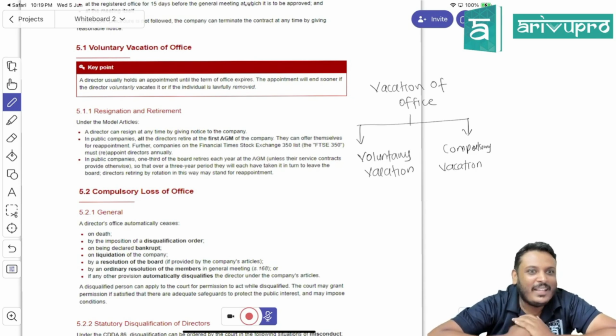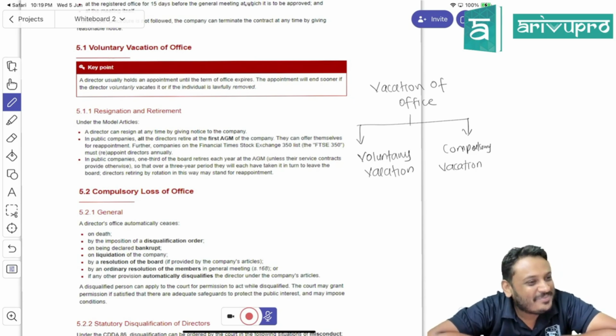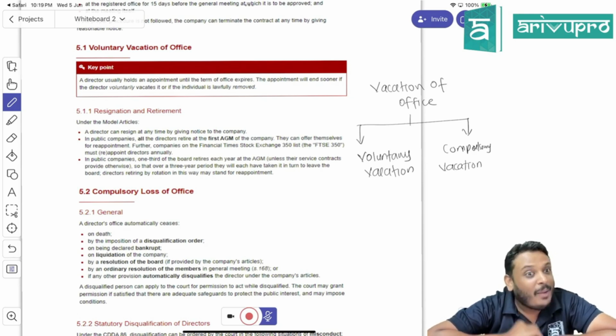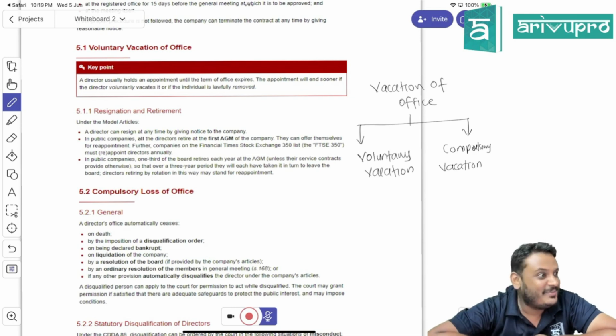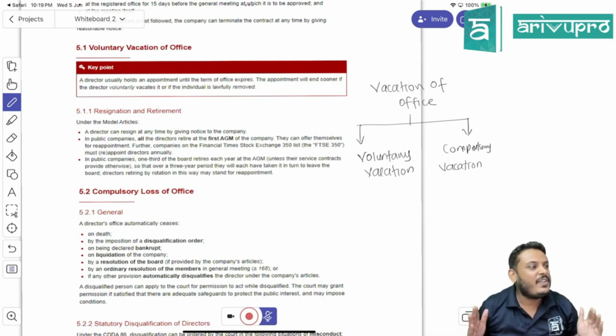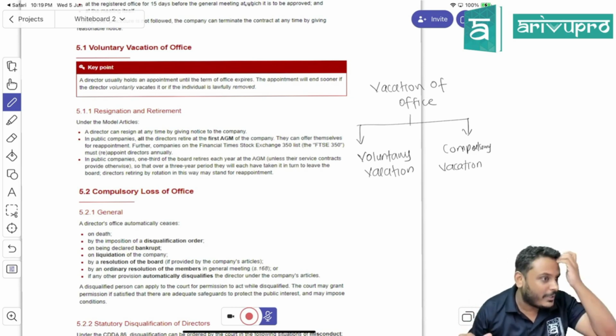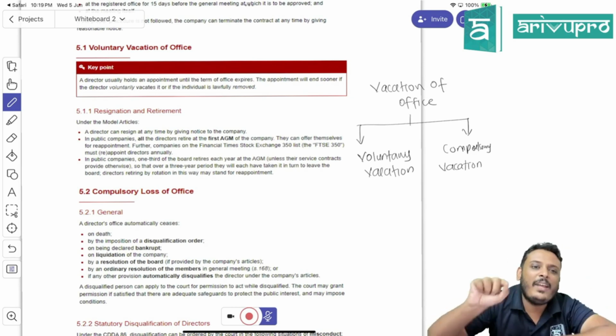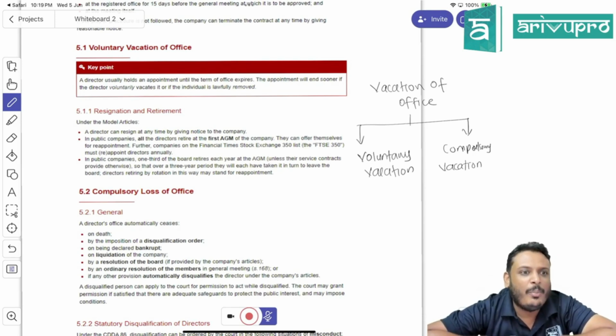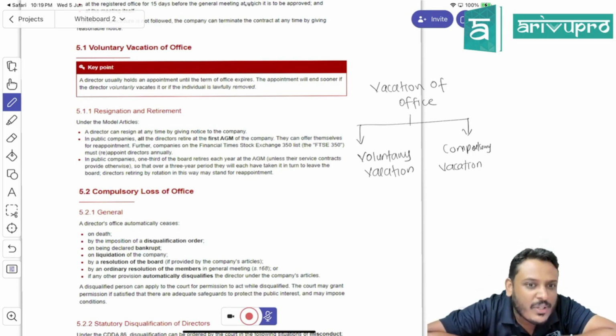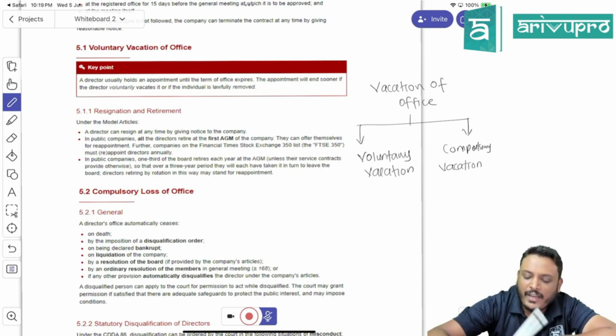If I take myself, the contract is every 6 months only. If I didn't perform well, the next time they won't call me. I am taking massive risk. But the return is also high. Job security is very less. Directors also are like that. Every year I should resign. That is what we call voluntary retirement. After that, if I perform well only, shareholders will appoint me again. Is that clear, students? So under voluntary vacation write down,